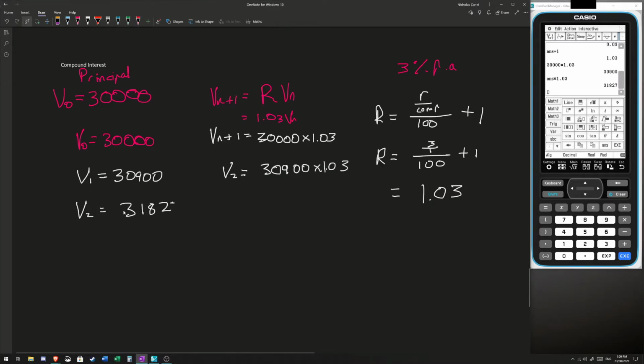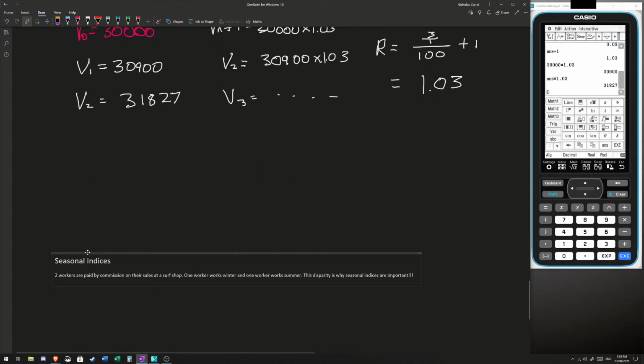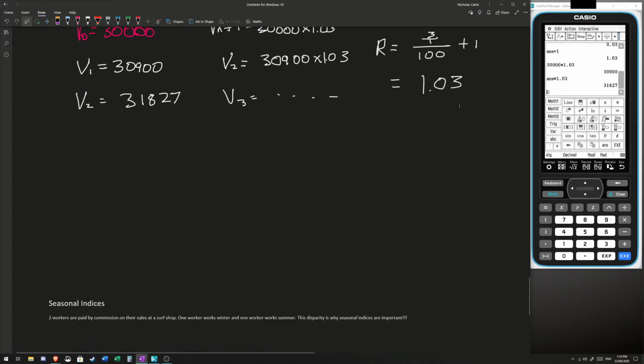31,827. And if we wanted to work out V3, we would do the same thing, okay? But this is a time-consuming process, because if we wanted to work out V11, you'd have to go V3 times 1.03, V4 times 1.03, and no one likes to do that. That will take you a while. So there are tricks on the calculator to do it quicker, but with a compound interest like this, we can